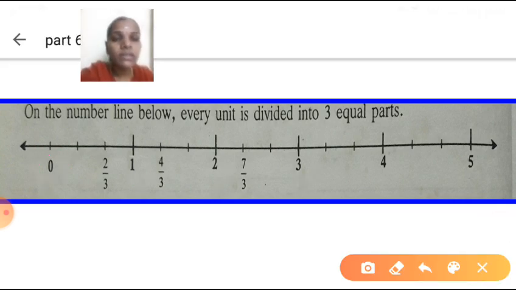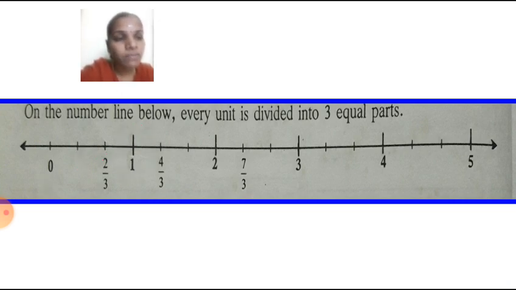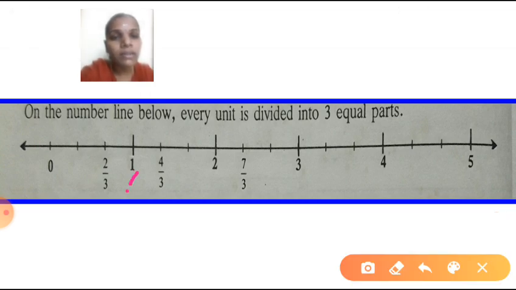So children, this first line, what will come? 1 upon 3. Why 1 upon 3? Yes, after 0, 1 only will come. And the next one is the denominator. Already I told, we have divided into 3 equal parts. That's why denominator 3 only will come. So this is 1 upon 3. This is 2 upon 3. And here what will come? Yes, 3 upon 3 is equal to 1. Understood children? So after 1 what will come? Yes, this is 3 upon 3 here. So here 4 upon 3. So here we have to write what? 4 upon 3. After 4 what number will come? Yes, which number will come? 5.